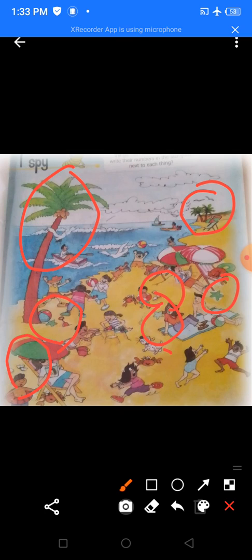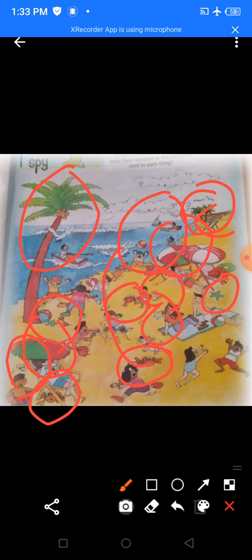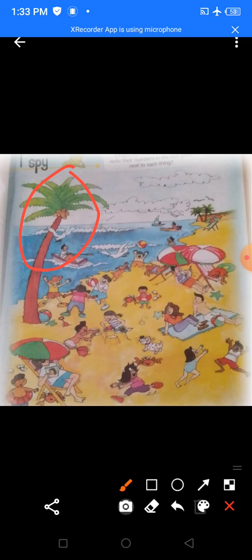Yes, the crusty crabs. Here, yes or no? Yes, we found the crabs. Then what did we find? We found beach umbrellas, many umbrellas. Then what did we find? We found boats. Then the dogs. Where are the dogs? Two dogs we found. And then we found balls also. Now we cannot see, there are too many circles here. So we'll erase them one by one so that we can find the dogs. So here are the two dogs. Yes.